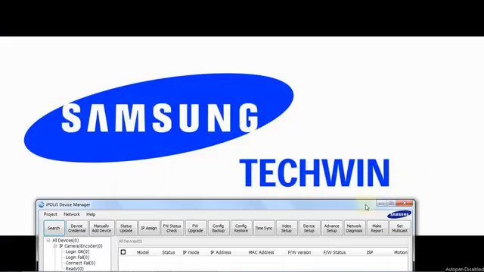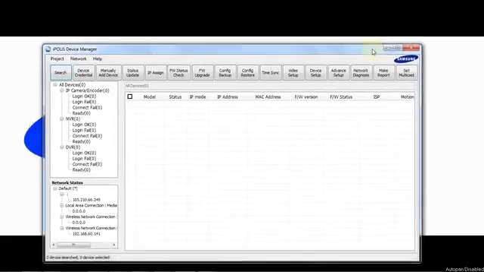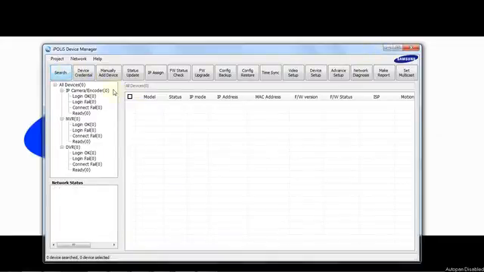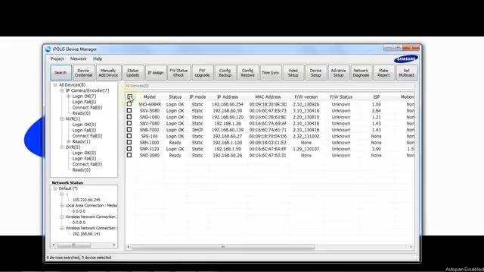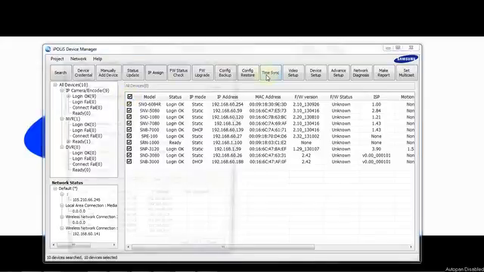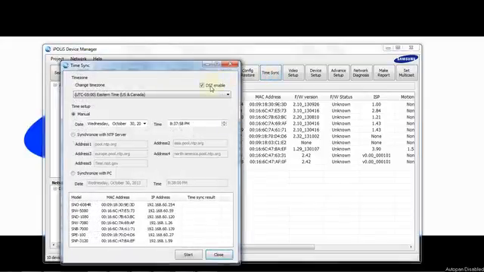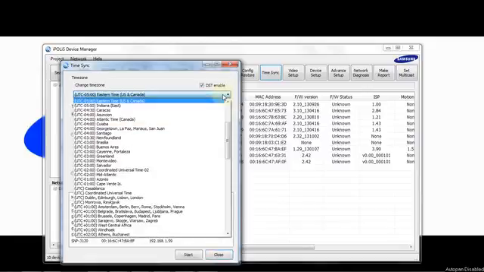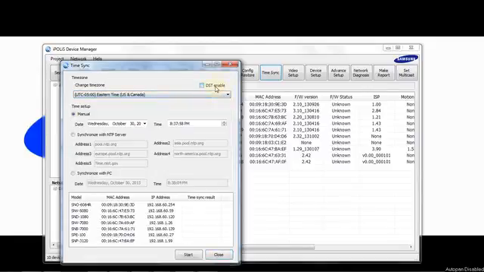One other way that we can set up the daylight savings time is using the iPolis Device Manager. We can search for our devices. We can select the ones we want, put the checkbox in individual ones or select all. And then we can go to Time Sync. And all we need to do, again, is set our time zone, check the DST Enable option, and